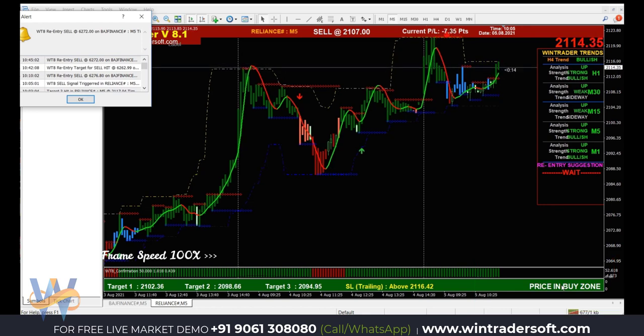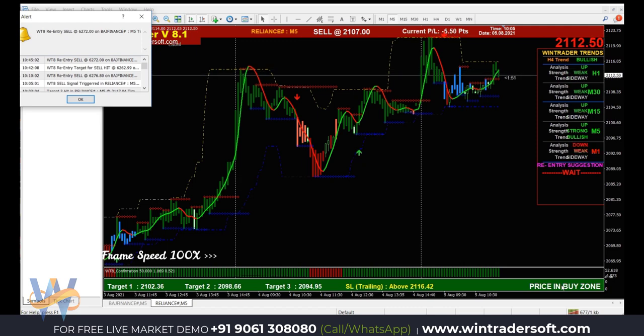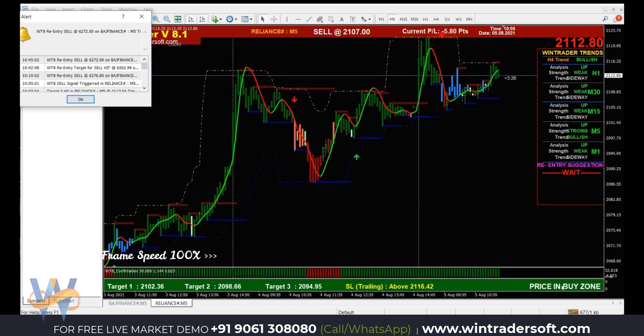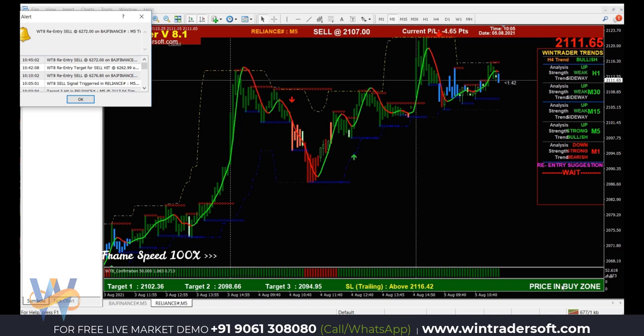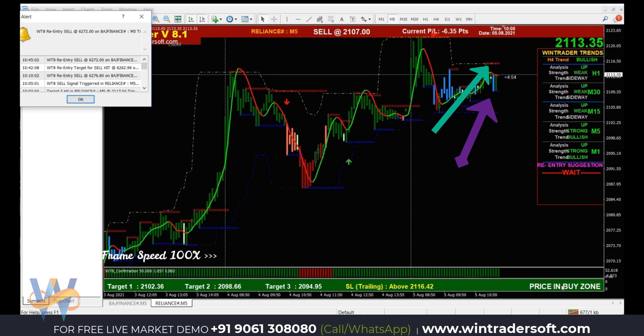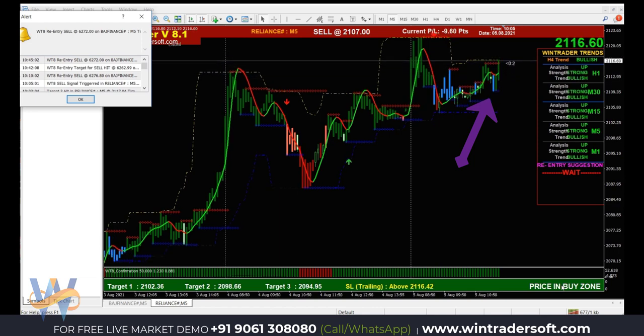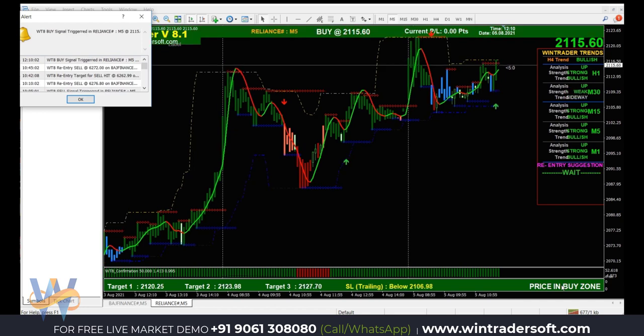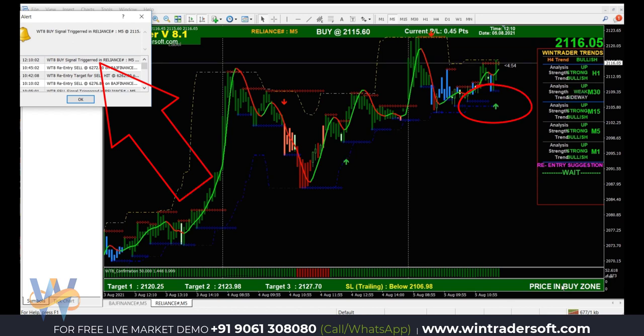Yes, it's going upwards. If a buy signal is generated, you can enter the buy trade there because all the confirmations are already there. You can see the resistance and support levels there, red star resistance and blue star support. If the candle breaks the resistance level, the market is in a buy mode. Here the resistance level is breaking, and yes, we get a buy signal, a green up arrow generated there.